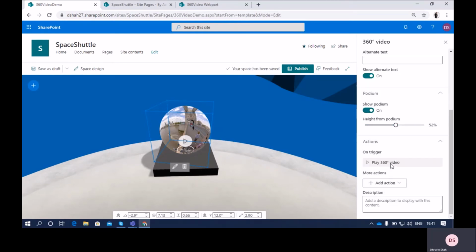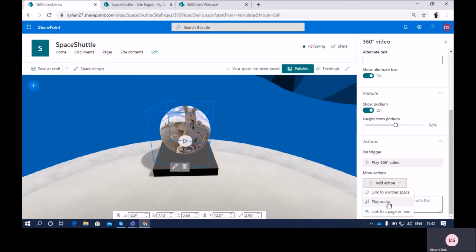The height of the podium is something you can set from here as well, right? Now there is an important property, action. When we click on our 360-degree video web part, it should play our 360-degree video over here. You can also add some more actions as well. More actions are link to another space, play audio, or link to a page or item. Link to another space means you can open another SharePoint space page upon clicking on the video.